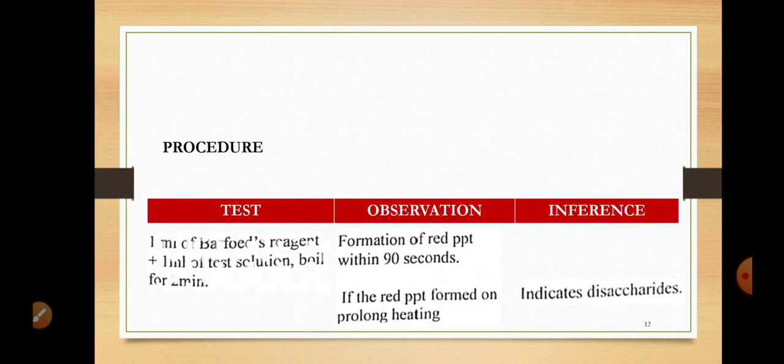Coming to the procedure, what is the procedure involved in this? Let us see. We take 1 ml of Barfoed's reagent and treat it with 1 ml of the test solution, and it is boiled for 2 minutes. When we do so, we can get two observations. That is, a formation of red precipitate within 90 seconds, that is within 1.5 minutes. When we are boiling for 2 minutes, within 90 seconds, we need to look at the time. If you get the red precipitate within 1.5 minutes, it indicates